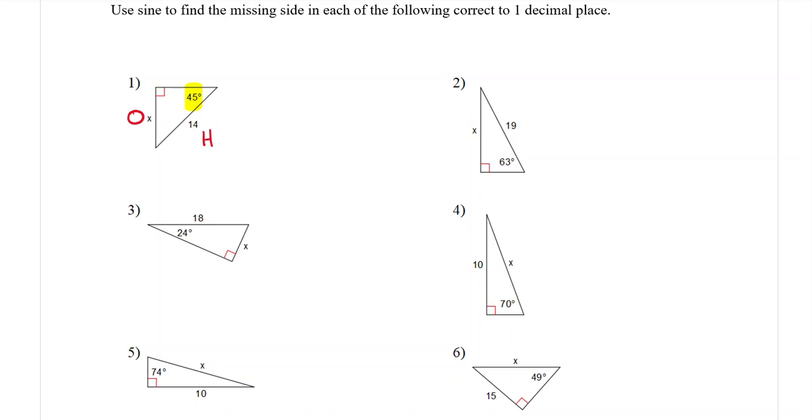Now, the adjacent would be sitting over here. I'm doing it because for this question, the adjacent has no number, there is no letter. So I don't need that. That makes sense. This one and this one have stuff on the sides. Okay,